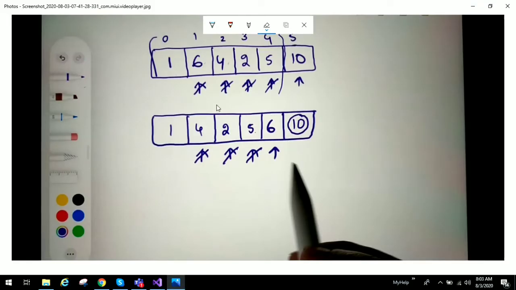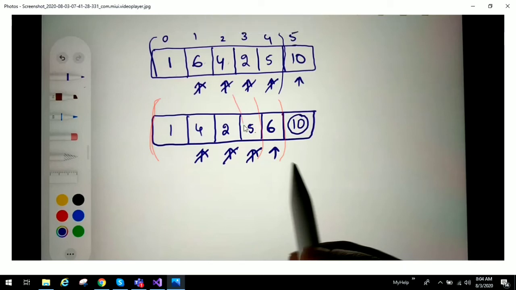If you see here, once we move the largest element to the end, our next iteration can end here, because 10 is already sorted, and we can look into only this array. After the next iteration, after moving in this, 6 is the largest element. Once 6 is moved to the end, we can look into only this array for the next iteration.